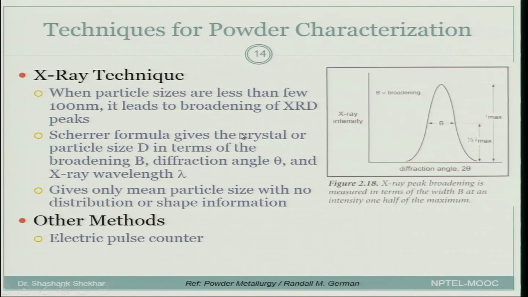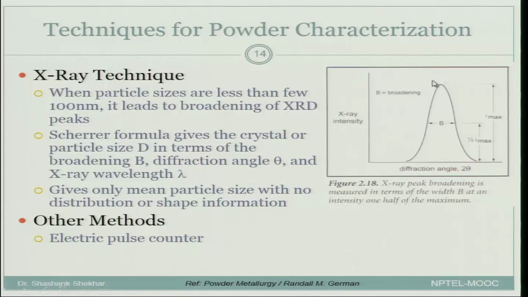quickly one more technique which is commonly used for determining the particle size, and this one is the X-ray technique. Now, in X-ray it is well known that when you bombard the material with X-rays, the material diffracts and you get a peak maximum because of constructive interference, and at that particular point you have the relation n lambda equals 2d sin theta. But at other places there is destructive interference taking place, and when you have a bulk which is much larger in size, the destructive interference at the other points is complete.